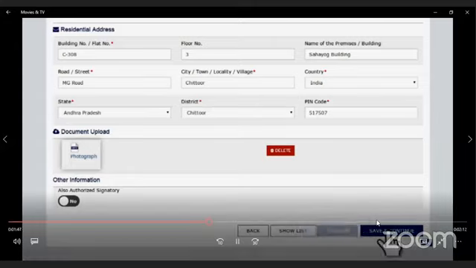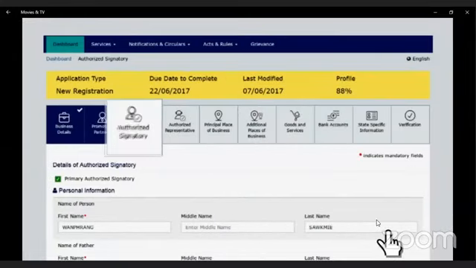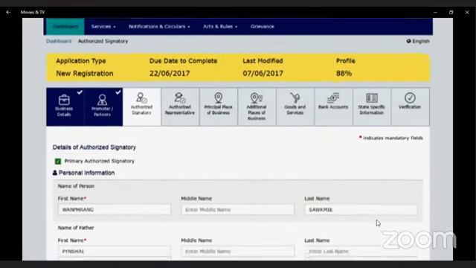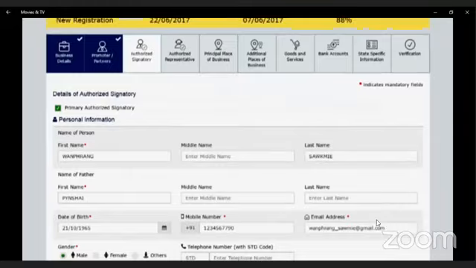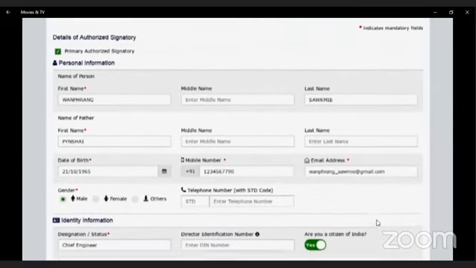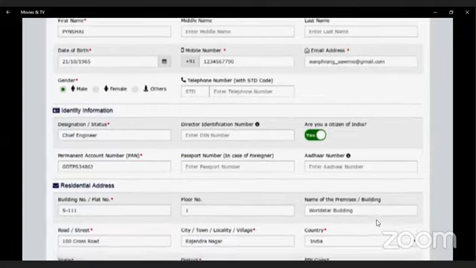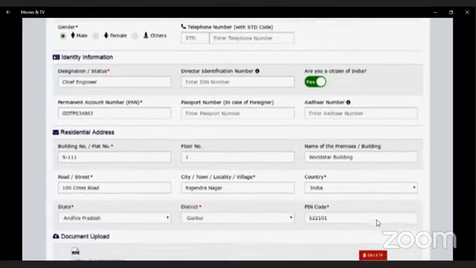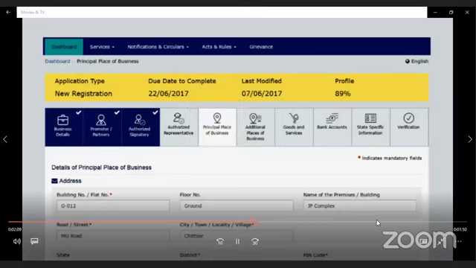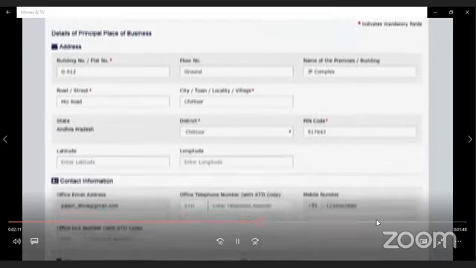Please save and continue. Now come to the Authorized Signatory tab. All the information related to the authorized signatory like name, father's name, date of birth, PAN, Aadhaar and residential address can be filled in with a photograph of the concerned person file. In the Principal Place of Business tab, the new registrant can enter the details of location of his or